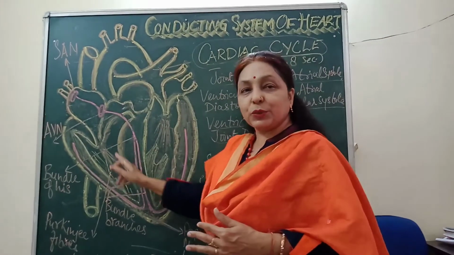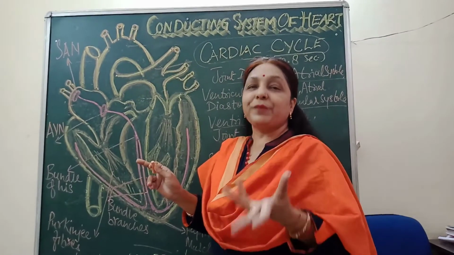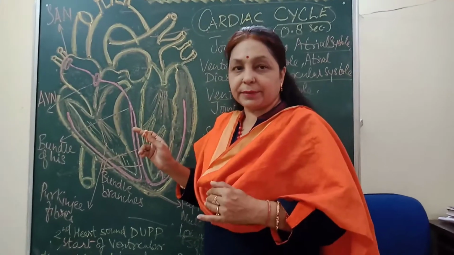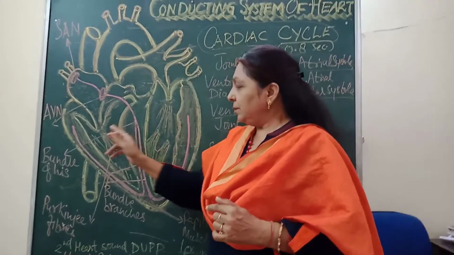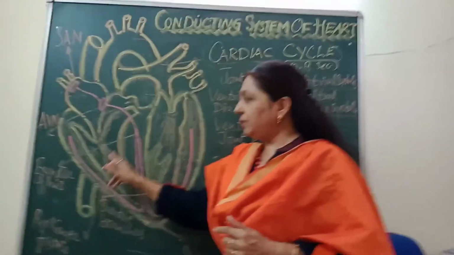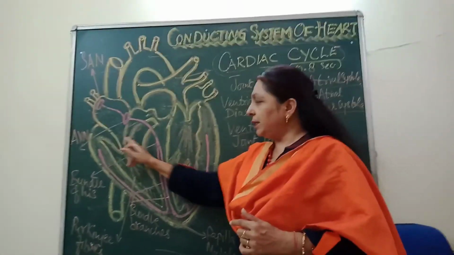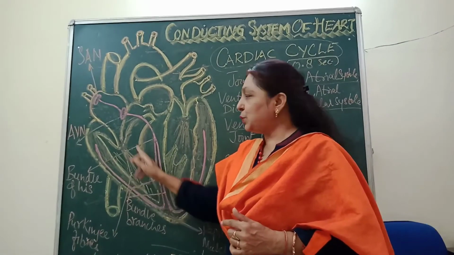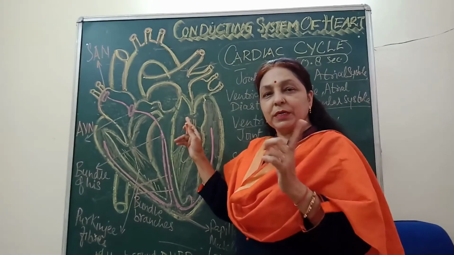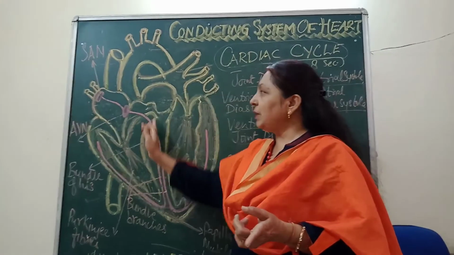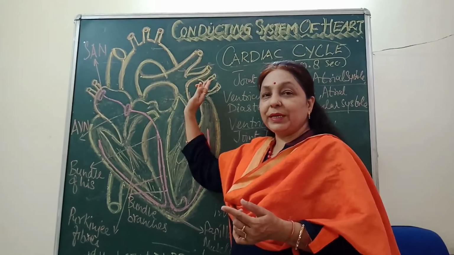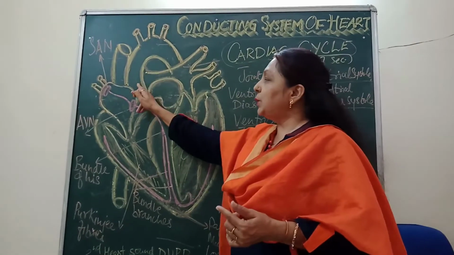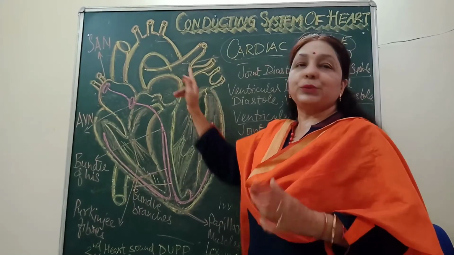When the joint diastole is there, I told you it's just for a fraction of a second. All the four chambers are in a filled state. Then the auricles are filling the ventricles, say here it remains 30% and here it becomes 70%, suppose the AV valve is closed. So the first sound will be produced and the ventricles will be supplying their blood to their respective pipes. That is, the left ventricle will be supplying to the aorta and the right ventricle will be supplying to the pulmonary artery.